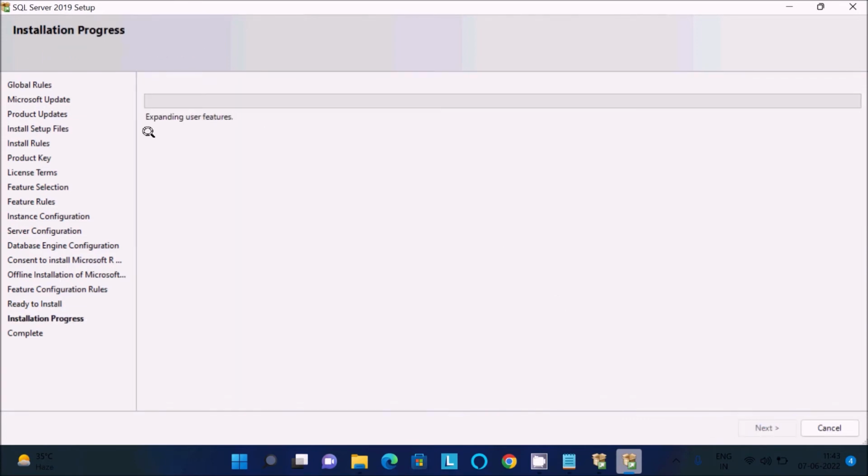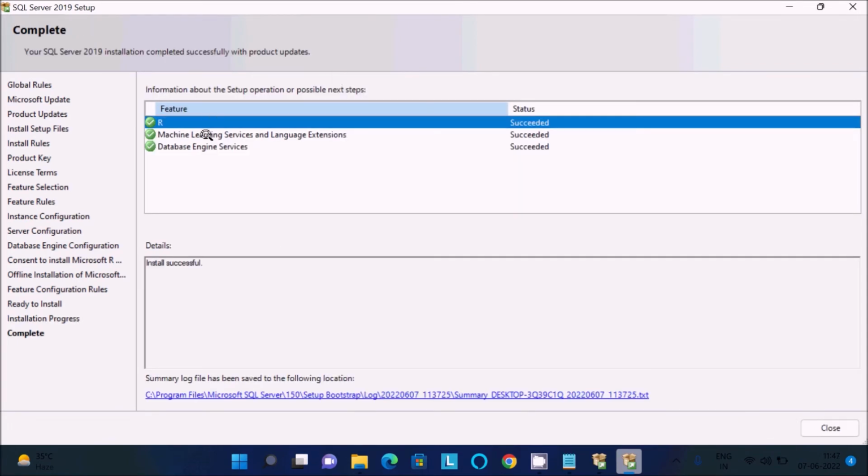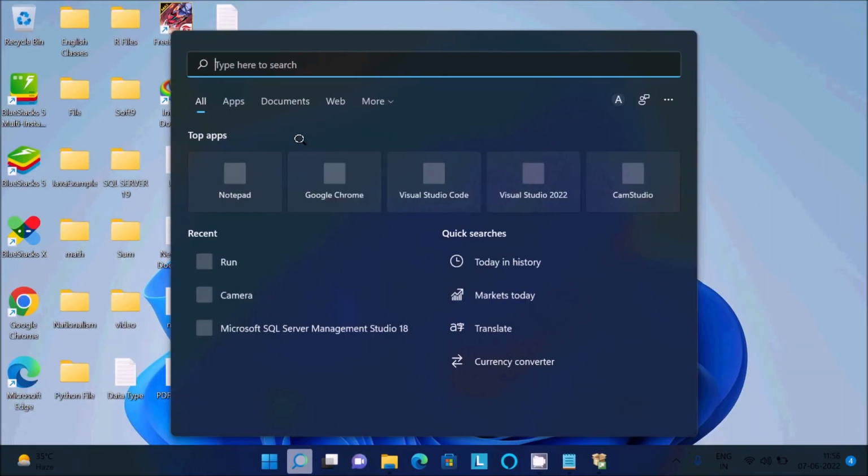Now it is generating dependencies and producing the installation. The installation process has started, so it will take some time, so I'm going to pause the video. Now you can see Machine Learning Services and Language Extension and Database Engine Services, all three are installed successfully. So let's click on close and let's open SSMS